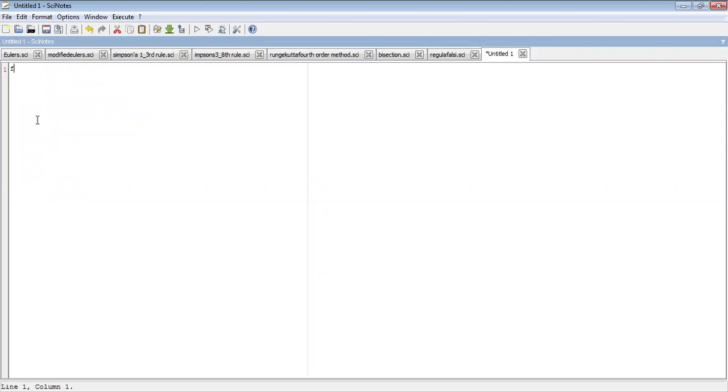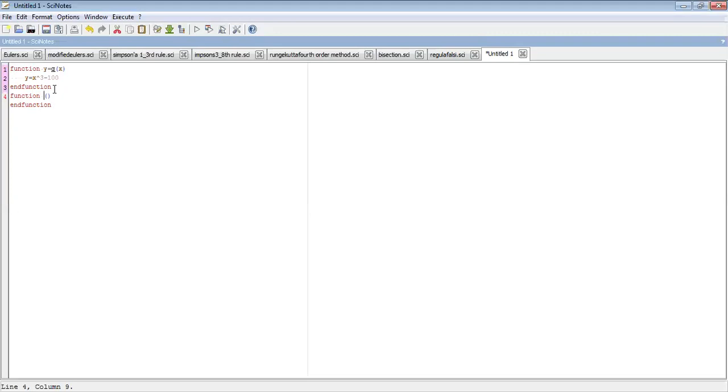I just say function. We are saving it in f of x or g of x. I'm taking a different variable, we are passing only one variable. So we are writing y equal to g x, and I write y equal to x cube minus 100, as we have seen in that example earlier. So x cube minus 100, that is our function g x, and now we have to write one more function for g dash. I just write it down after this.